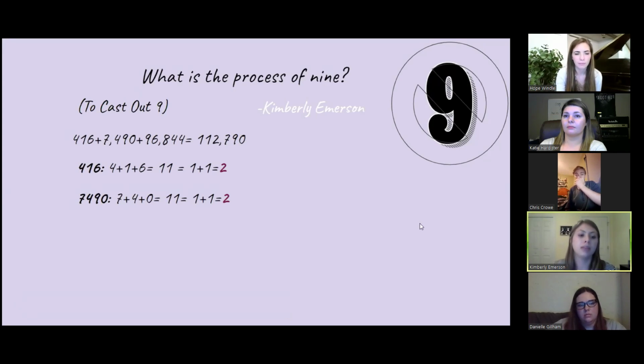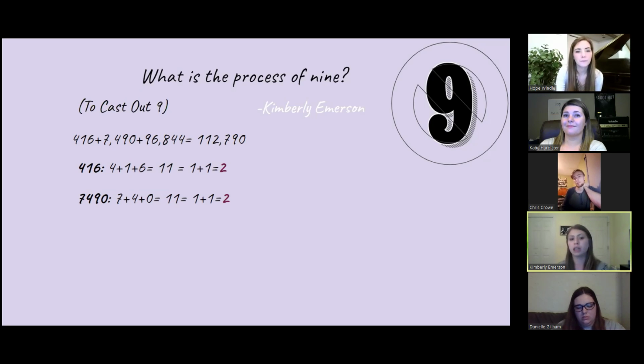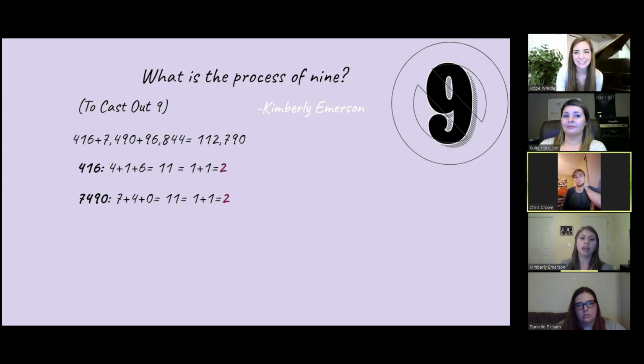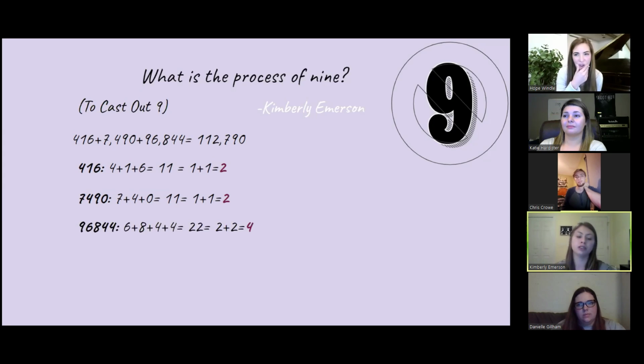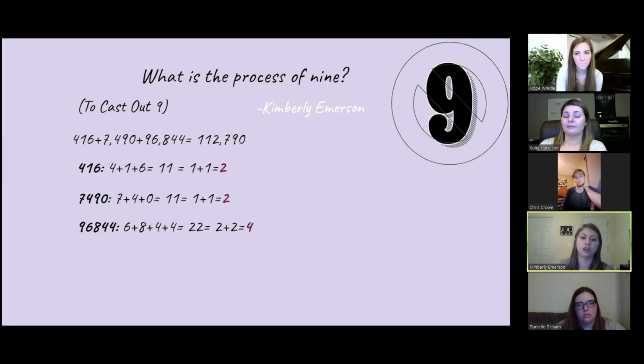And then we have 7,490, and we see we have a 9 there, so we'll cast that out, which leaves us with 7 plus 4 plus 0 equals 11 again. Again, we're going to do 1 plus 1 equals 2. And then we have 96,844. Again, we're going to cast out that 9, which leaves us with 6 plus 8 plus 4 plus 4 equals 22. Again, no double digits, so we're going to do 2 plus 2 equals 4. And then we're going to keep up with this side. So we'll do 2 plus 2 plus 4,